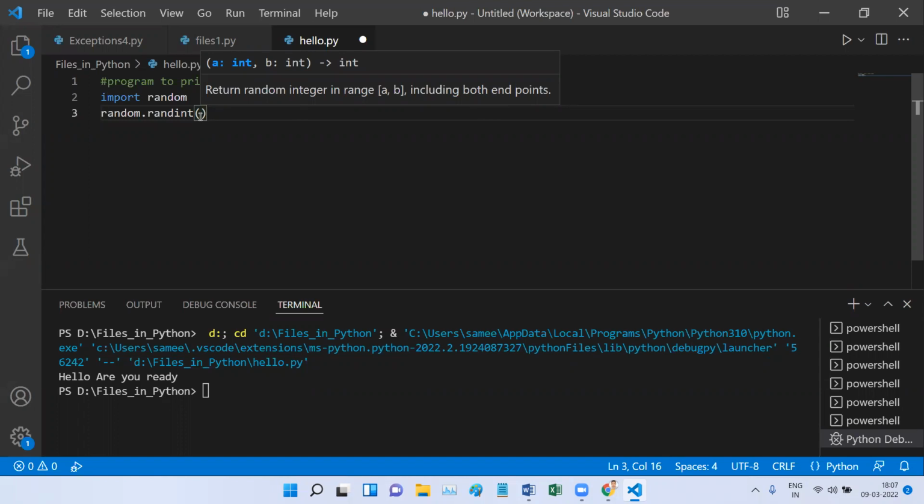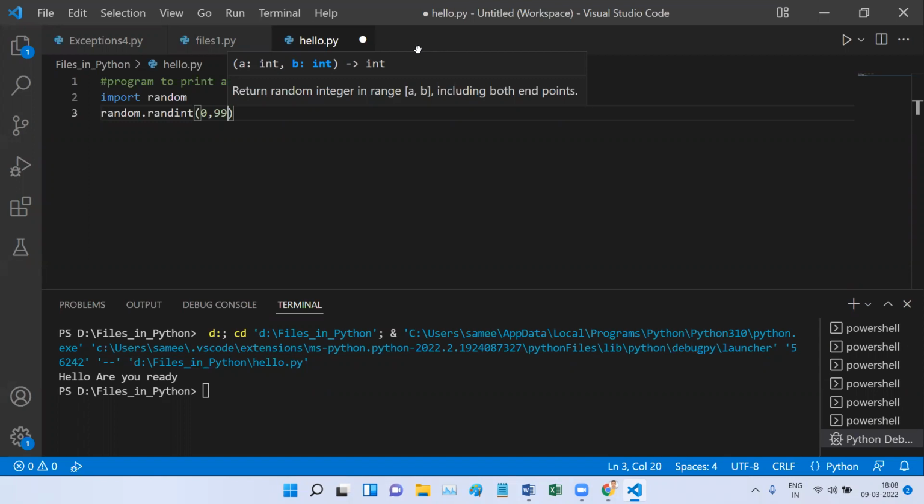Let's say I want any random number between 0 and 99, so I will mention 0, then keep a comma. You can see, while I am writing 0, the highlight is in blue color on a, meaning I am writing that variable. Now I have written 0 and put a comma, and you can see the blue color has changed from a to b, meaning you are mentioning the upper limit. This is how you can learn about functions on the go. You need not know the function earlier; if you know some basic functions, it is okay.